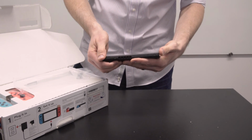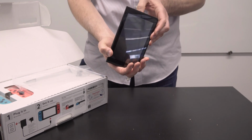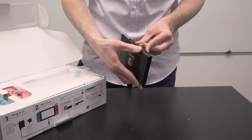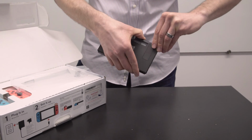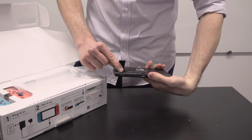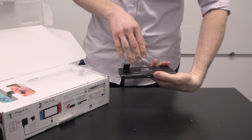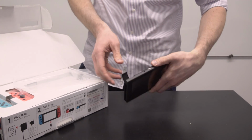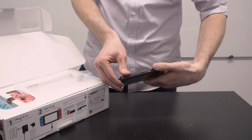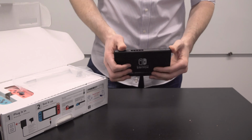This also has a micro SD slot. Let me see if I can find that. Micro SD slot where you would put a micro SD card. It's hidden underneath the kickstand there. That's to extend the memory. It has 32 gigabytes internal memory right now, but you could put your micro SD card there to add up to 2 terabytes of additional storage space. Okay,